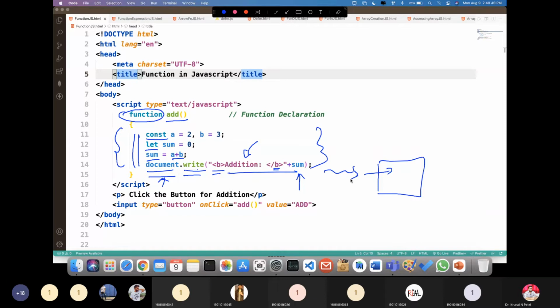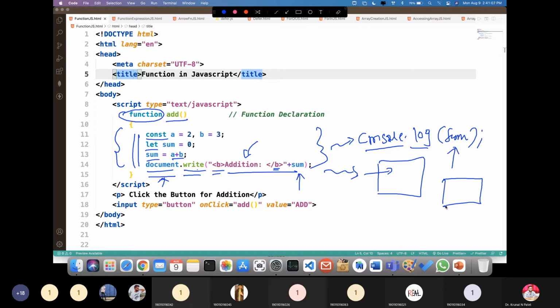There is another way to display a message, that is console.log. When you write console.log sum, this sum value will be displayed on the console. So these are two different methods we have to display messages.